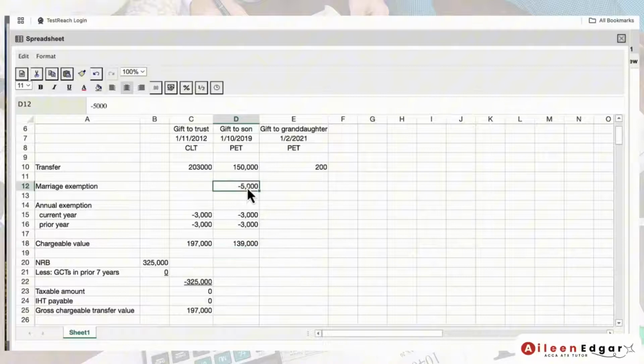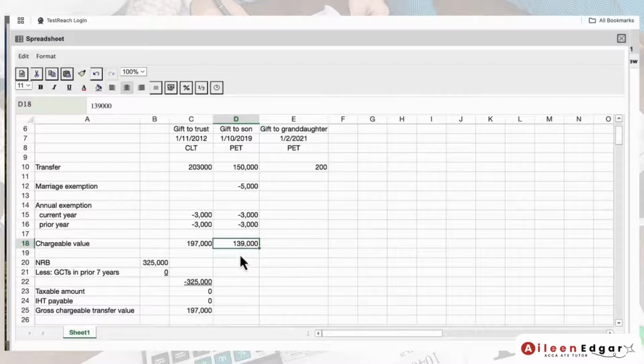So we take that 5,000 away and then we deal with our annual exemptions. Now what tax year are we looking at here? The gift was made in October 2019, so that is tax year 1920. So we've not got any other gifts made in that tax year. This is the first and only one. So we get the full 3,000 of the current year's annual exemption to set off against it, and we also get the prior year, 1819's annual exemption as well. So take away those two amounts and we get down to a chargeable value figure of